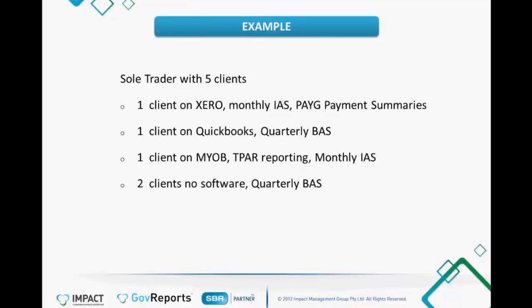Which means I have 14 lodgements for the Xero client, 5 lodgements for the QuickBooks client, and 14 lodgements for the MYOB client, and 10 lodgements for the 2 clients that do not use software. Together, I have to add to my CLM calendar 43 deadlines or jobs that I have to do to maintain the business of these 5 clients. I can create job templates